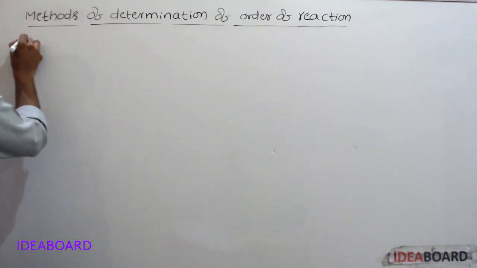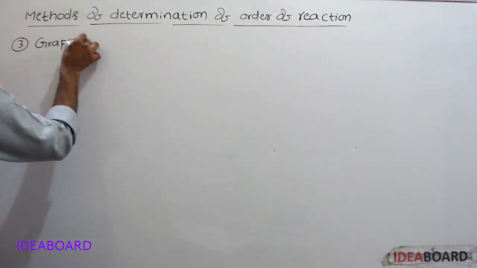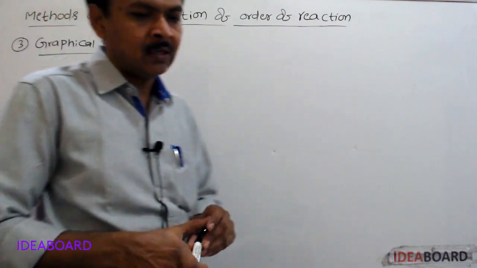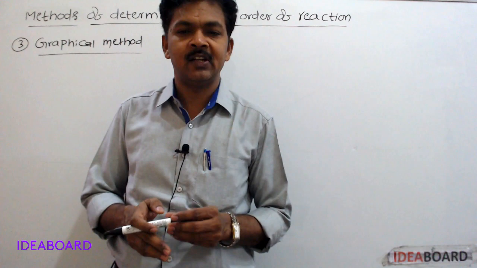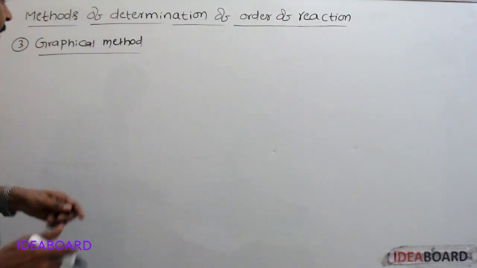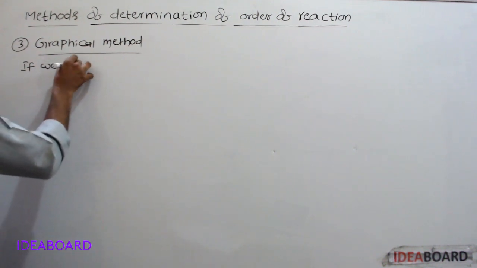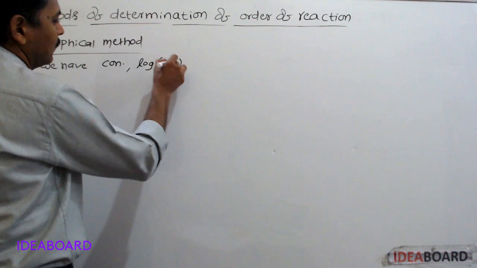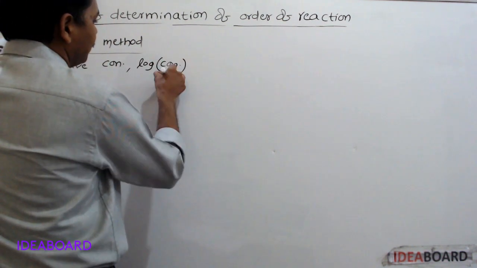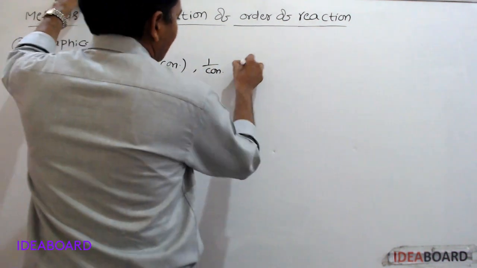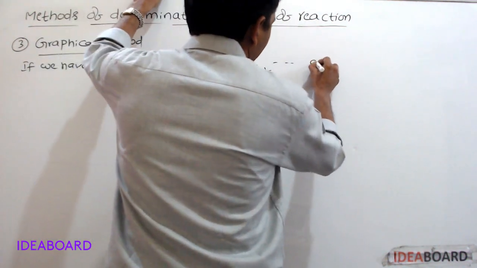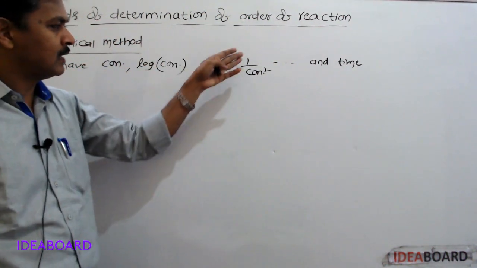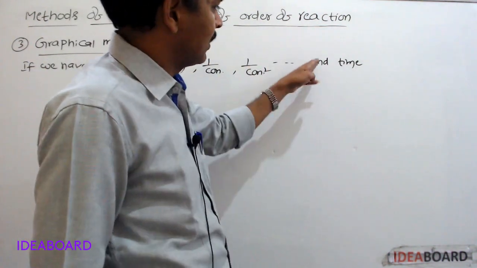See, third one is the graphical method. In this method, if we have concentration, log of concentration, 1 by concentration, 1 by concentration square, 1 by concentration cube, etc., and time, then